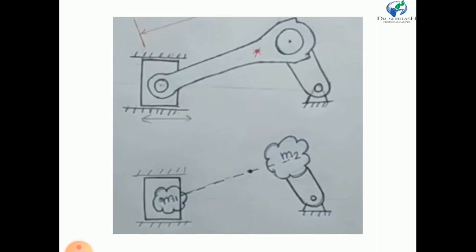So my dear friends, the dynamically equivalent system is used in a simple mechanism, the single slider crank chain mechanism. My dear friends, the shape of the connecting rod is not defined, and because of that we can replace the connecting rod by a dynamically equivalent system. So some mass we put on the crank pin and some mass we put on the piston pin. So this is a simplification, we can say a 2-point mass dynamically equivalent system to the connecting rod.